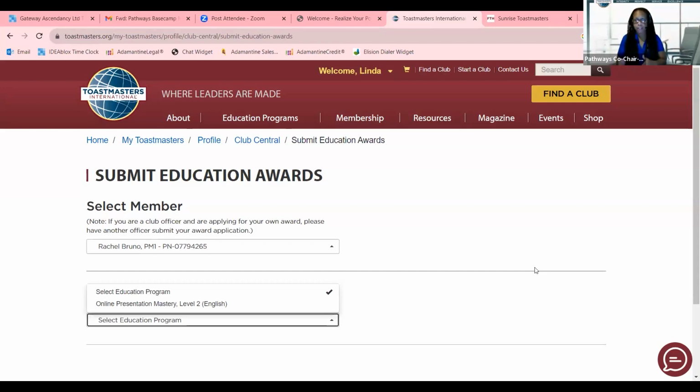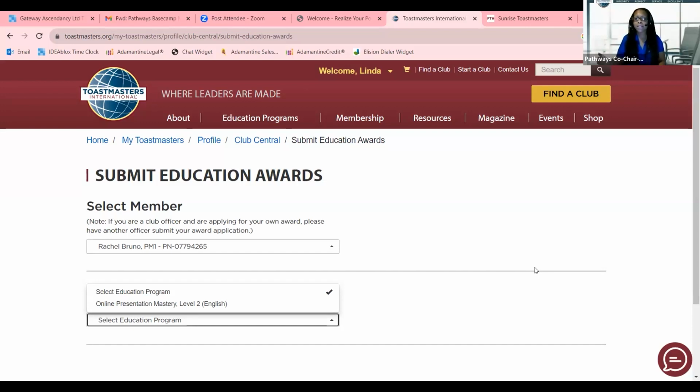When I went through that validation process that I just shared with everyone on the call, ensuring that the member has completed all of her projects, she had in fact completed all of her level 4 projects, but for her level 3, she had one more project to complete. Again, because Club Central is the more temperamental platform, I had to advise the member that I will need her to complete her level 3 so that I can submit her level 3